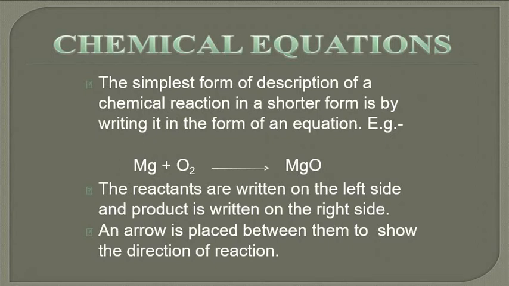In such a reaction, you will see the number of atoms of some elements involved in the reaction are not balanced. Like here there are two oxygen atoms on the left hand side as a reactant, and there is only one oxygen atom on the right hand side. So such reactions are called unbalanced chemical equations. These equations are also called skeletal equations, where we do not see the physical states of the substances involved, and the atoms are also unbalanced.